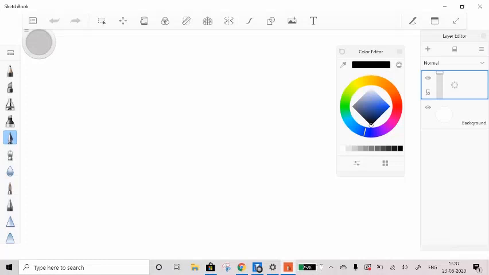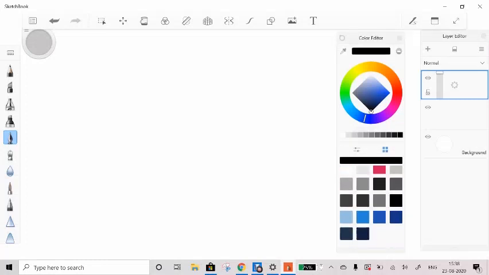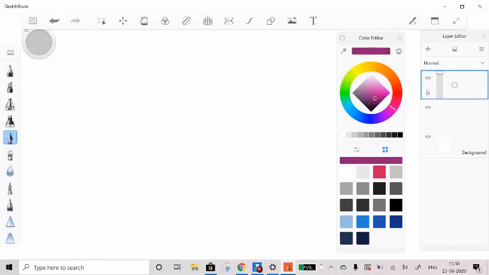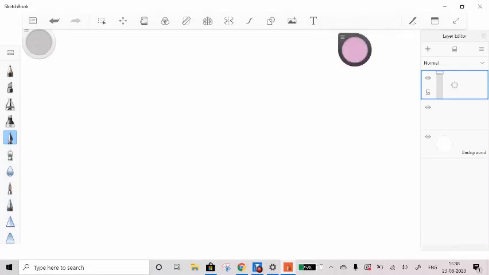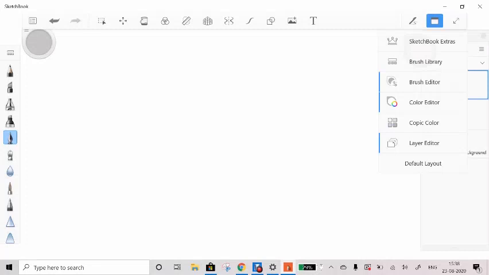So basically there are different layers which we will be creating. If we click on the plus sign, a new layer would be added and we'll be drawing on that layer, which I'm going to explain later. This is the color editor. And if we go down on this box, there are other options as well, or you can just select from here and you can just select your colors. This option on the left hand side corner is for minimizing it. So if you want different toolboxes on your screen, this option would be the one.